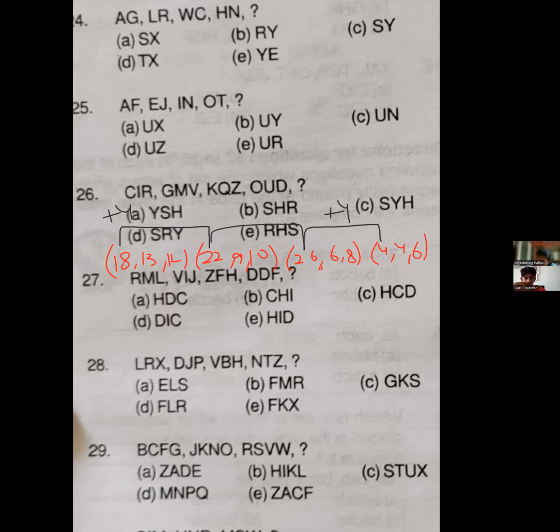See the third one. The third one is easier because 12, then 10, then 8, then 6. So it is clear, it is decreasing by 2. Plus 4 and minus 2. Now